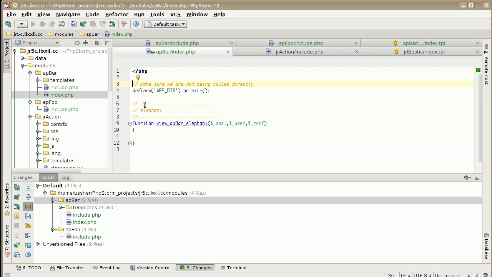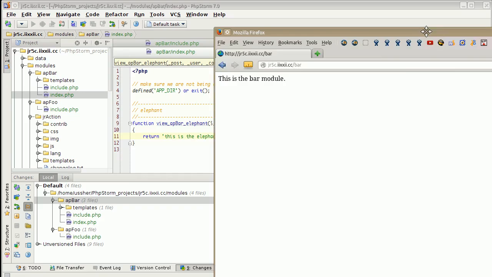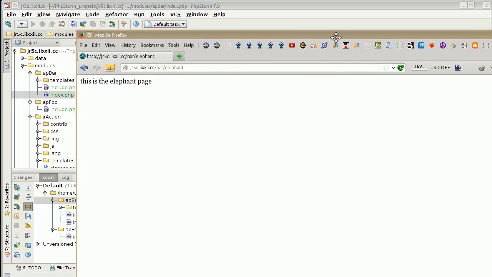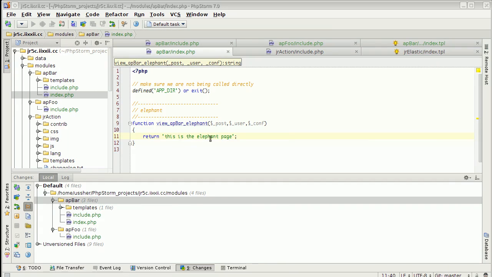Okay, so in the bar module we now have a view, a view for the AP bar module, and the view takes control of the /elephant URL. And this is the page. Real simple there. And if we come here, our index has got control of that, so we want to go to, here's the view we made. So we've got the view outputting there. But just returning this, this is an elephant,